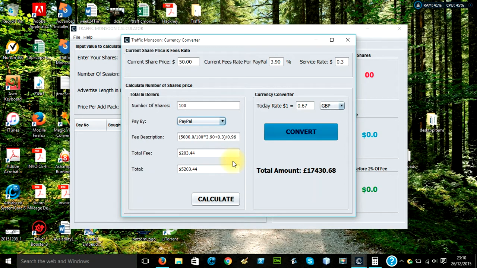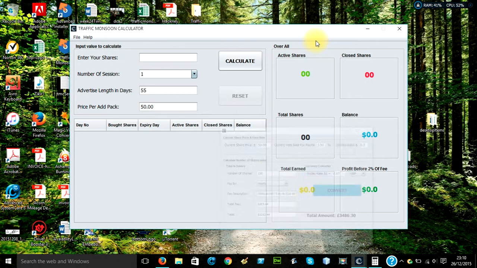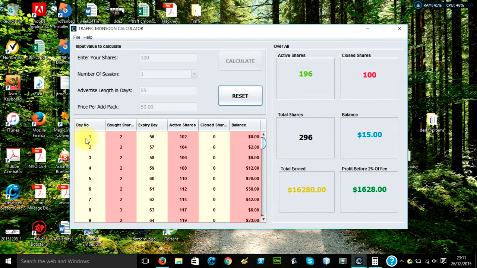Now if you want to know the UK money, just press convert, because it is already there, since we have used it before. If you press convert again, it will calculate the amount for the 100 shares. So for the 100 shares you're going to pay £3,486.30. That will be your investment. And here if you just put 100 and say calculate,